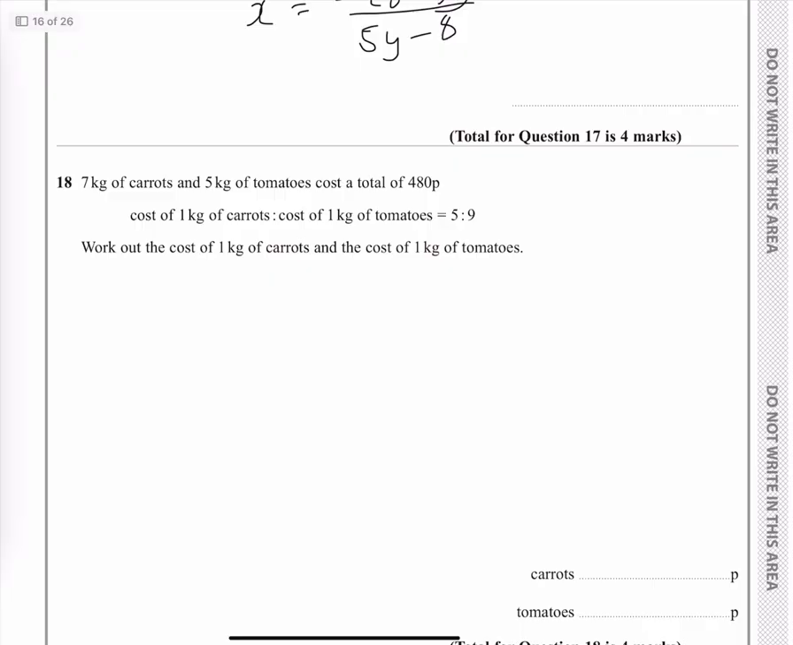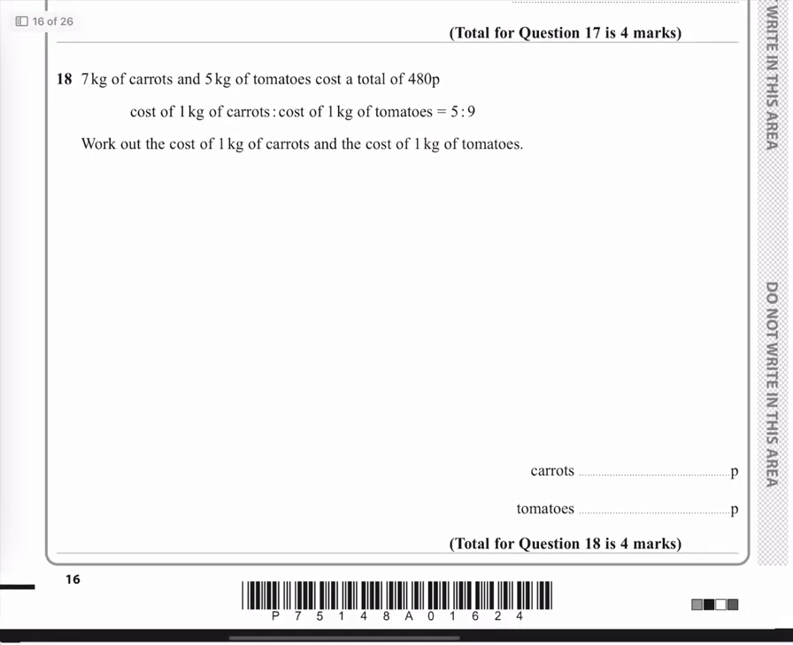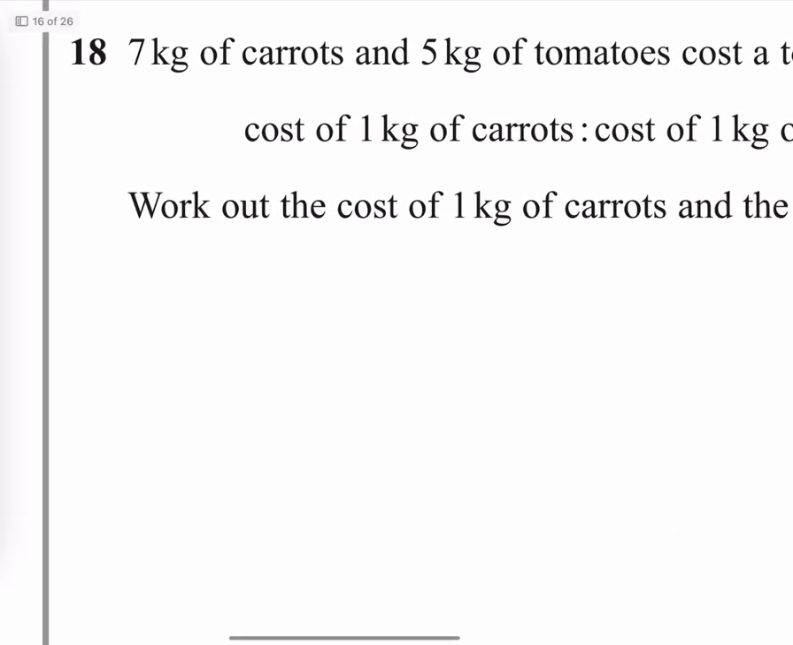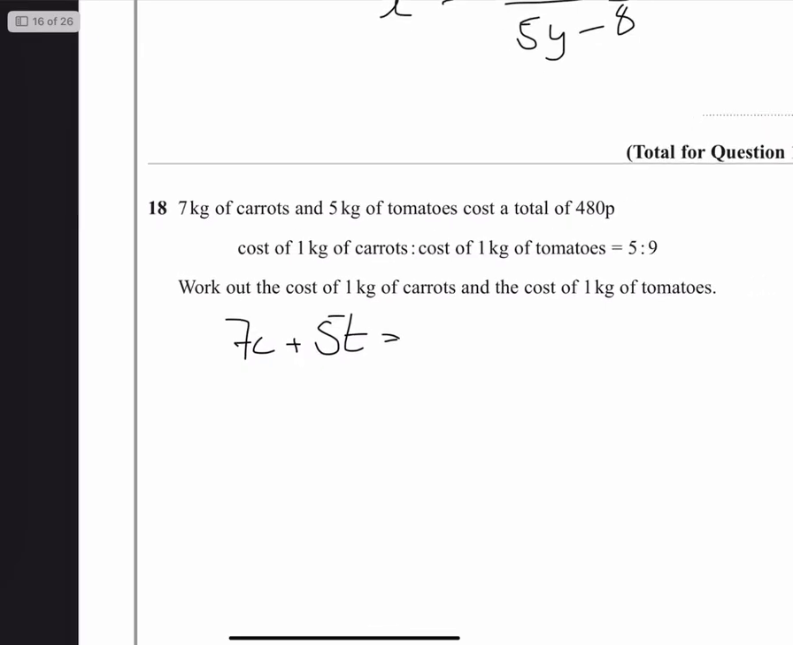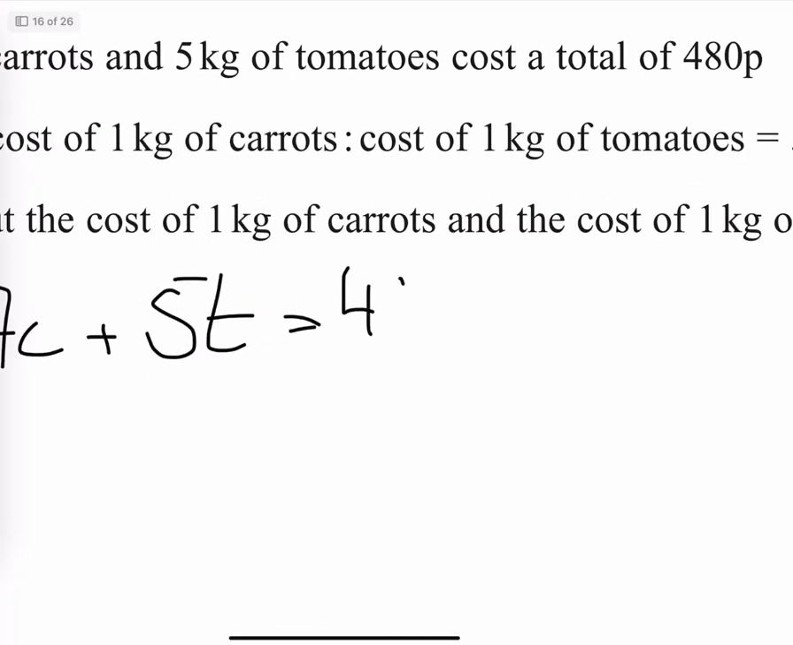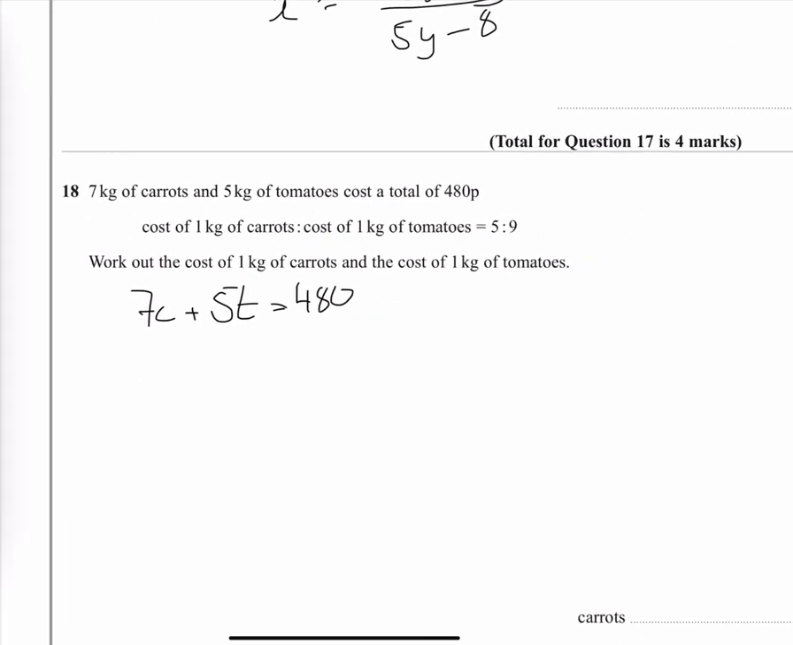Here's our ratios question. Okay, no one likes ratios, but we can do this and we're going to do it easily, yes? So that's what that equals. Cost of that's this. Okay. So what can we say here? So we have 7c plus 5t equals 480, yes? And we have that